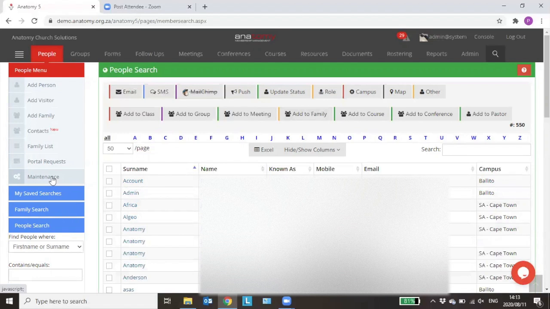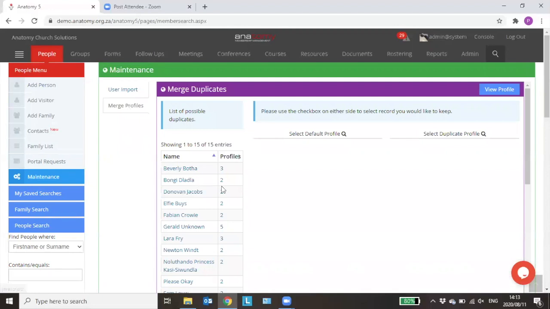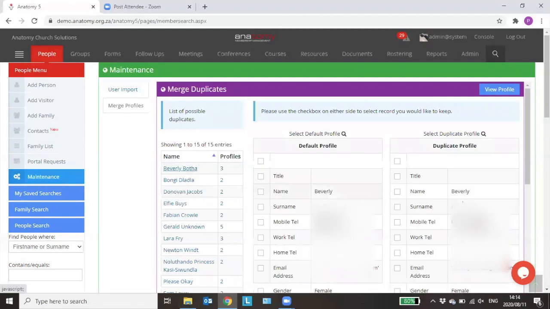Whichever option you may have, you can exercise whatever you would like to do. We also have maintenance here, so you can see if there are any duplicates existing in the database. When it comes to duplicates, you can come here and you will see, okay, this person's profile has been created more than once,